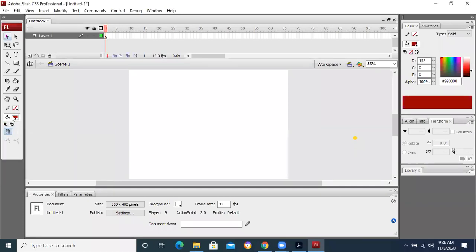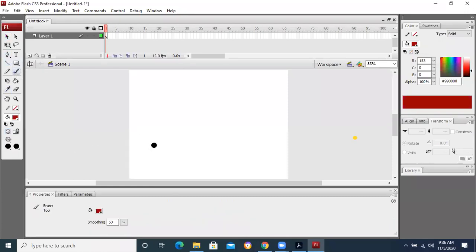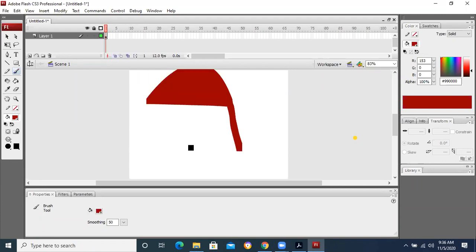When you have taken this color, any color that you want to have, take the brush tool. The brush tool is going to take the same color, whatever fill color you have taken. Now you can see over here some different options. One is related to the shape of the brush. This is basically about what kind of brush you are going to use.